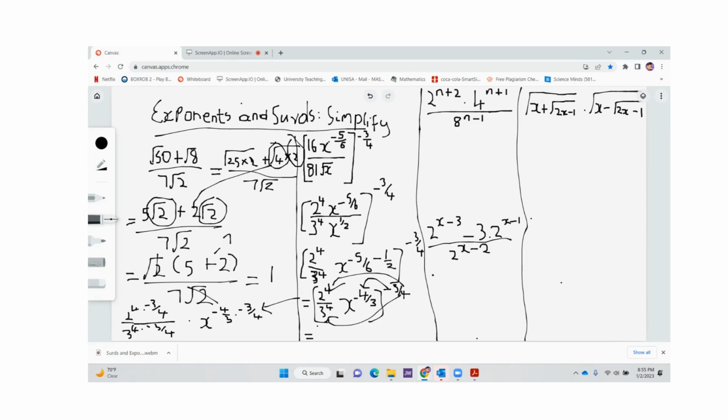Let me just write it here, we'll write it out. 2, 4 cancels with 4, then we are left with 2 to the power of minus 3, all over 4 cancels with 4, we are left with 3 to the power of minus 3. Then x,